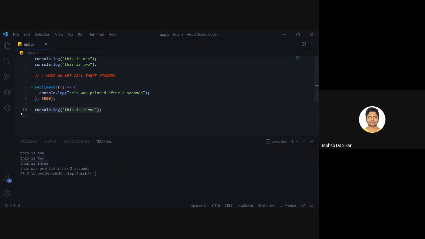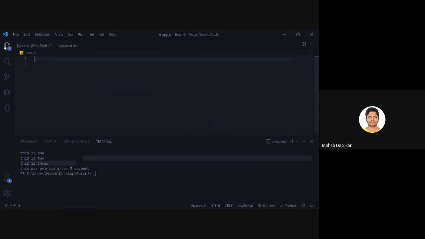And then it prints this was printed after 2 seconds. So that is getting printed out after 2 seconds. So this is what asynchronous JavaScript does for you.